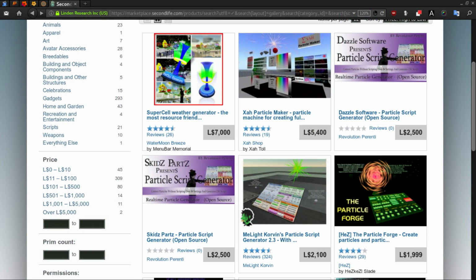Now, many of you may be coming from the Second Life world, and if you visit their marketplace, you will see that there are a number of creators who charge pretty hefty prices for particle generators. Well, it is time that somebody lets the cat out of the bag. Firestorm has a particle generator, which is just as capable as these expensive devices, and it doesn't cost you anything